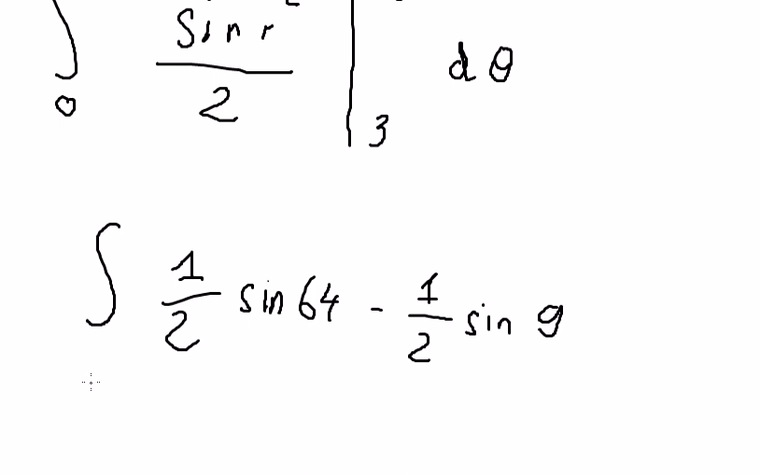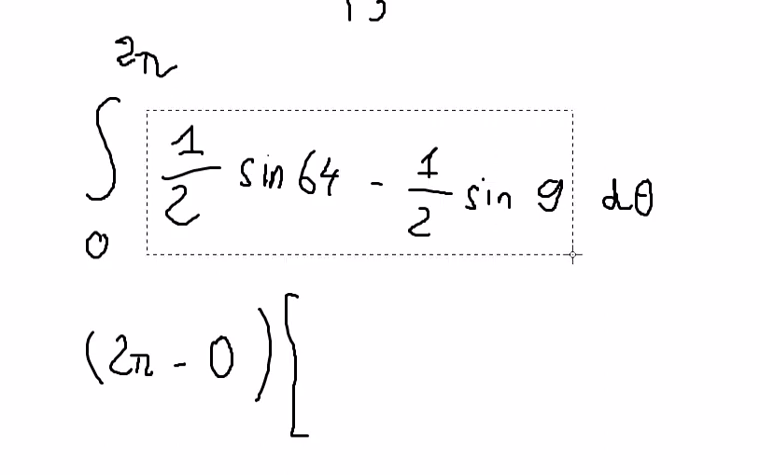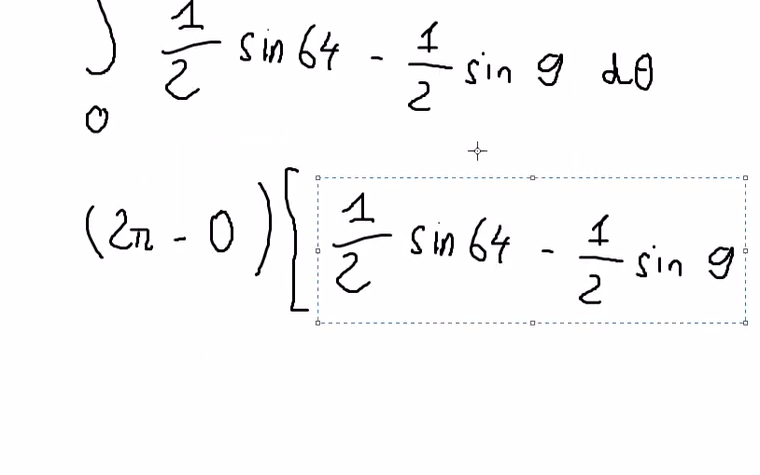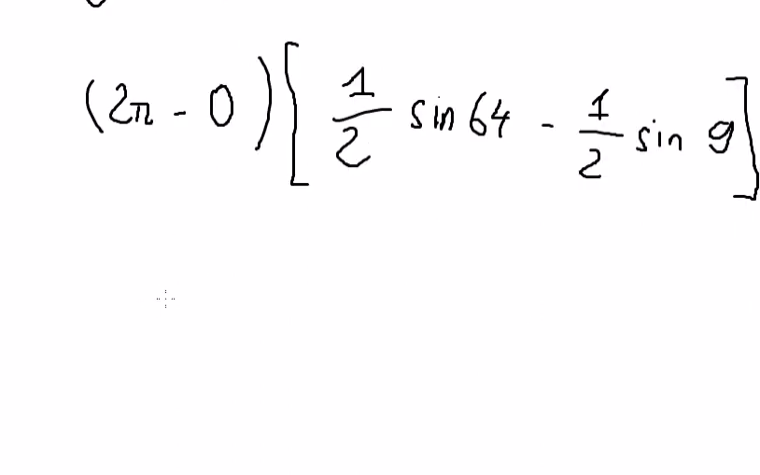and we have the integral from 0 to 2π d theta. So in this situation, you just got 2π minus 0, and we put this one similar, go in here. So you got π multiplied by sine 64 minus sine 9,